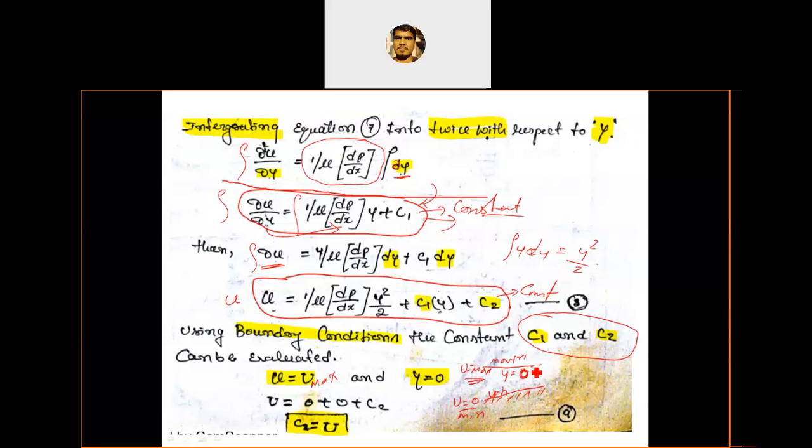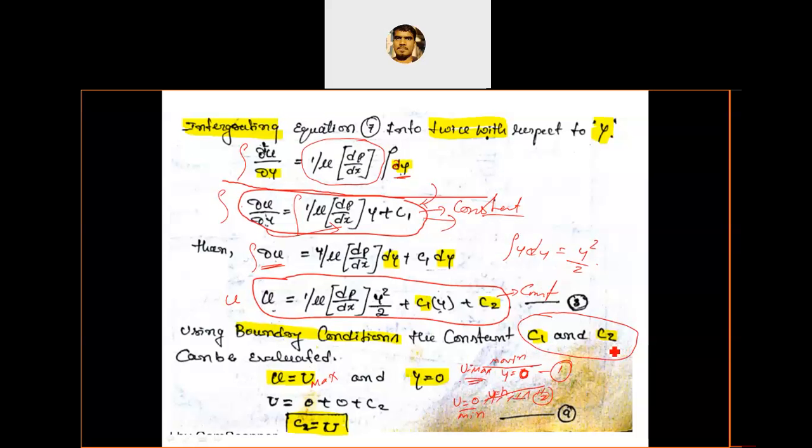y is 0 on this surface because there is a perfect adhesion. We already made this assumption. So whatever the velocity of this plate is, the top layer of the fluid film also has the same velocity. And whatever the velocity of this surface is, it is also the same, because there is perfect adhesion between the fluid film and the surfaces. That's why the same velocity. Here velocity is 0, here velocity is maximum, U. These two limits, limit 1 and limit 2, we use to find the constants